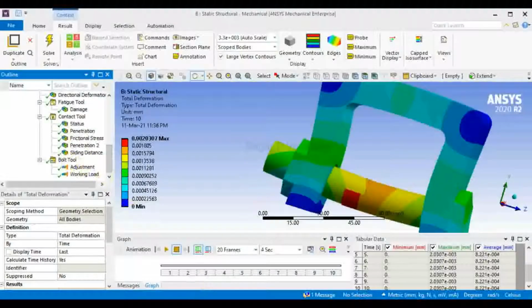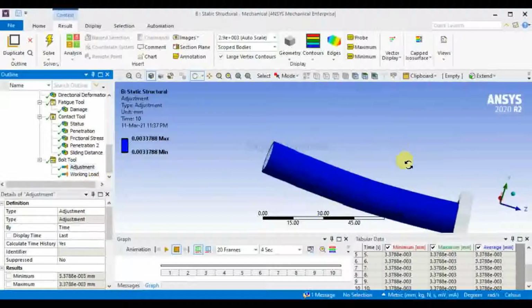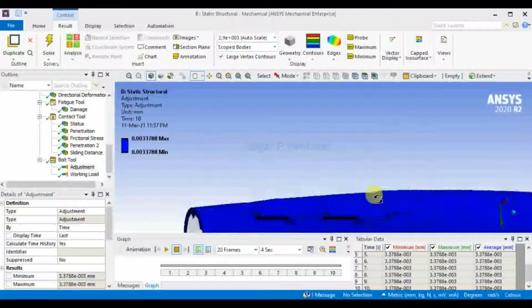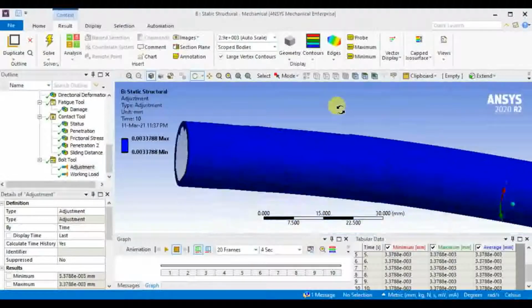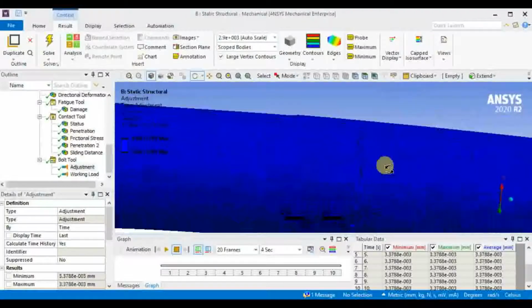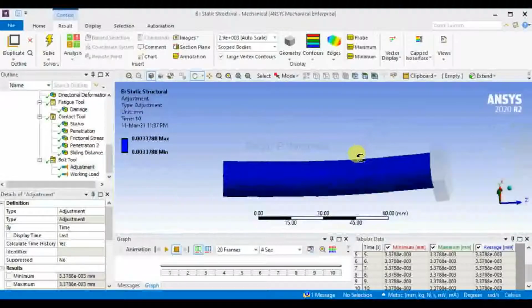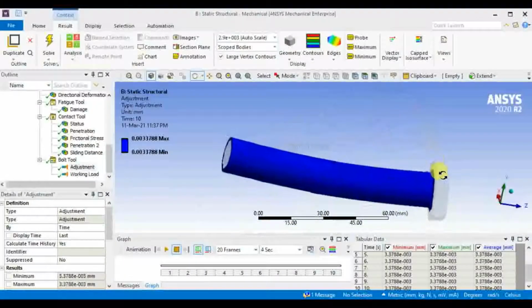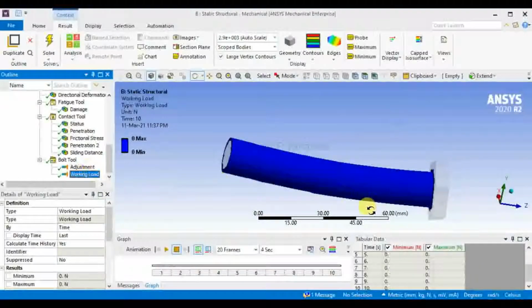Next one is the main part: what reactions or what solution effects occurred at the bolt. Here is the bolt, and specifically on the bolt surface we can find the small crack. I can show you. Here is the crack. So here it will go to fatigue, or the bolt will fail to perform its operation or action in the assembly. And next one is the workload.